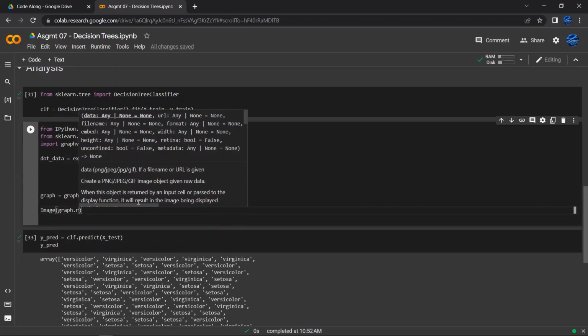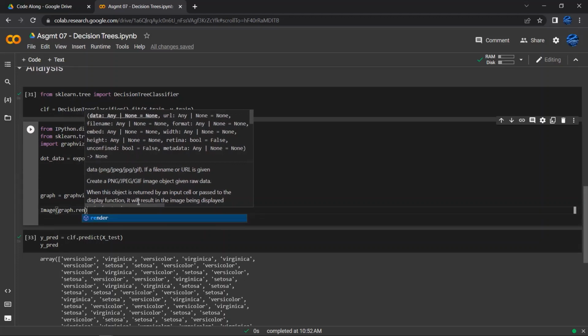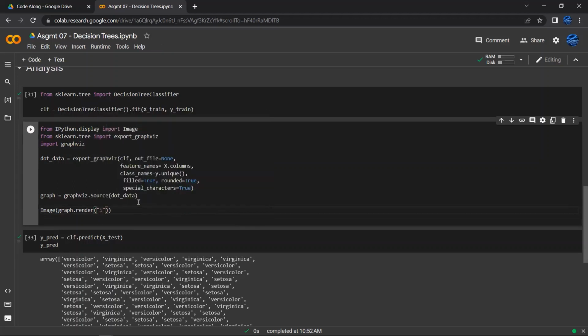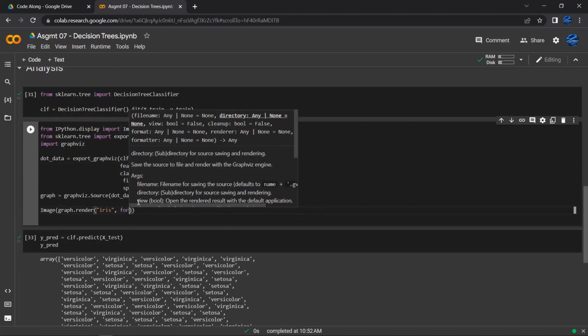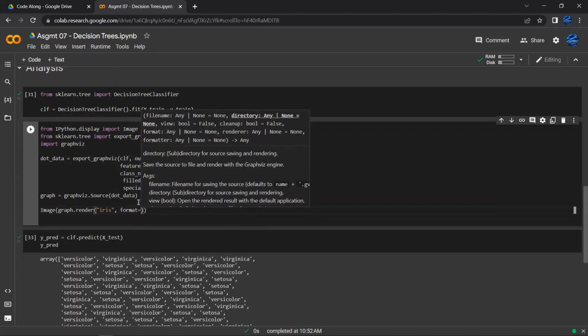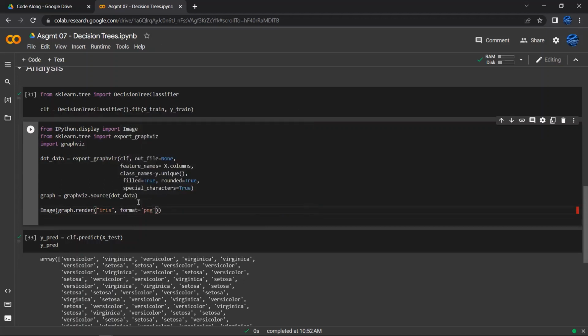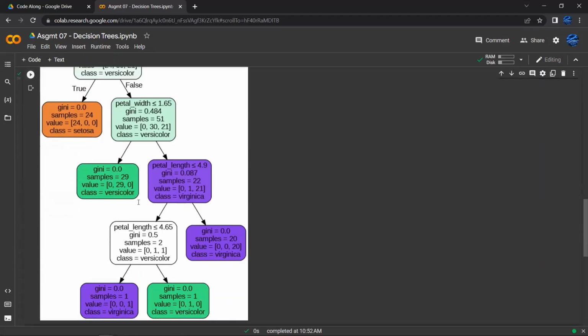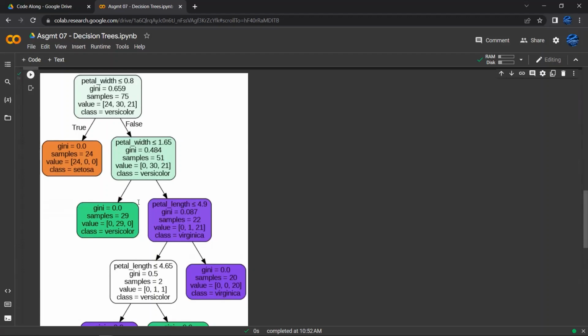I'm going to go to graph, this object that we created for graphing, and I'm going to call it iris, and it's going to be in the format of a PNG. Okay, so if you go ahead and run that, you can see that we now have our decision tree,